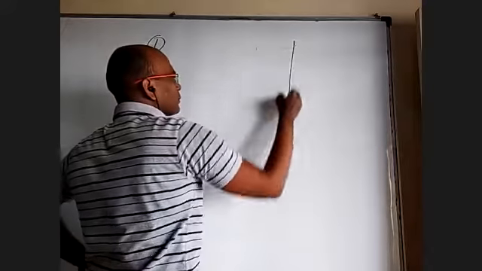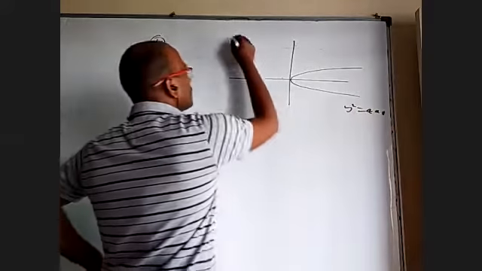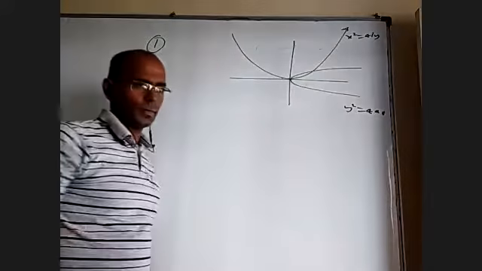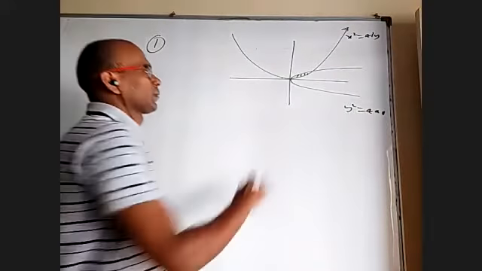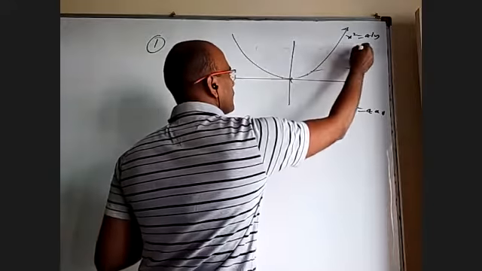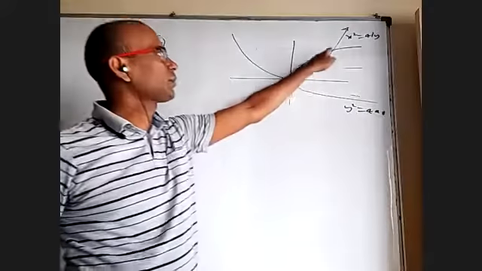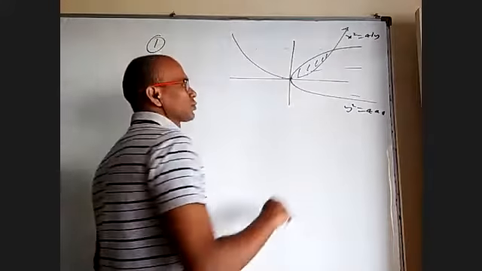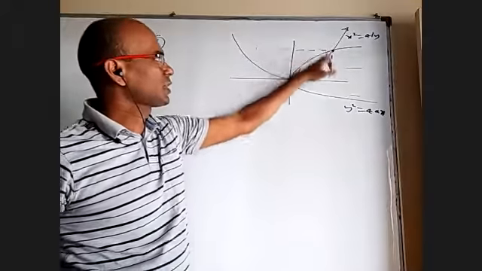For example, in your IP textbook, this question is there. One is y square equal to 4ax, another is x square equal to 4by. They want this area. Normally, you have to find the point of intersection, and then take from 0 to this, upper curve minus lower curve. Without all that, I'm going to show a very easy method. Take this point, draw this. You know that this area is 1/3 of this rectangle.